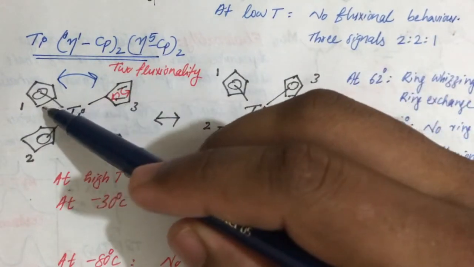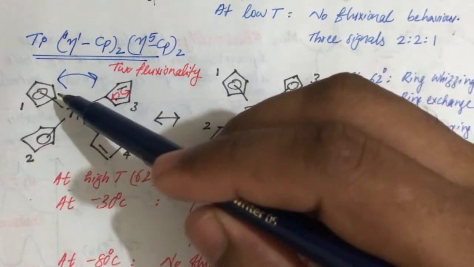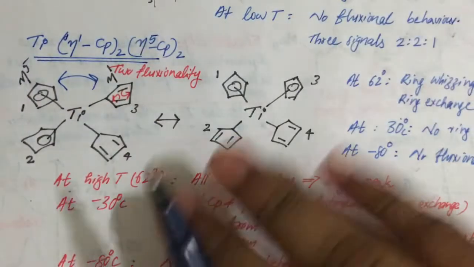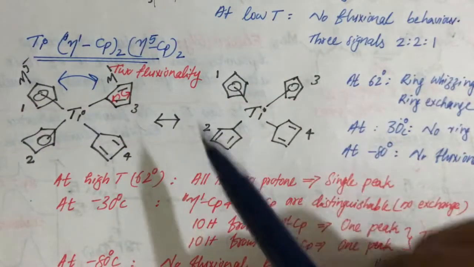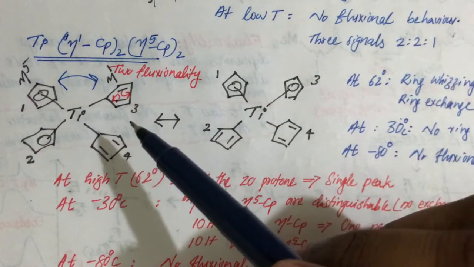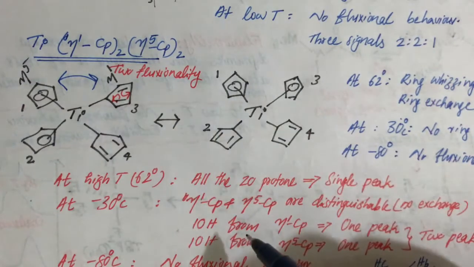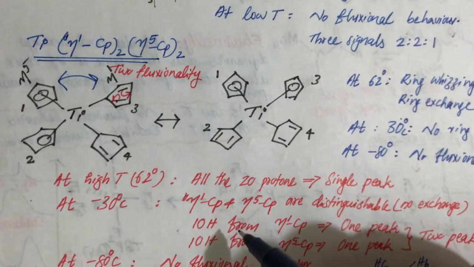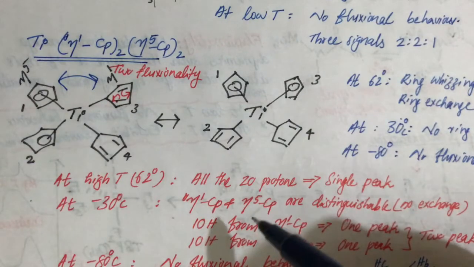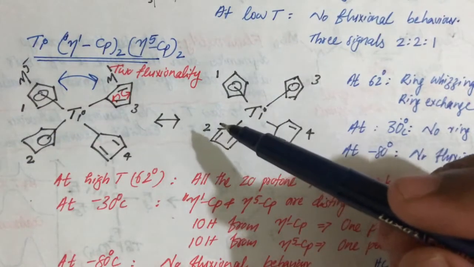Another fluxional behavior is rapid change from eta 5 to eta 1. So this particular organometallic complex can show these 2 kinds of fluxional behavior. How can we detect this fluxional behavior? The same way, by means of